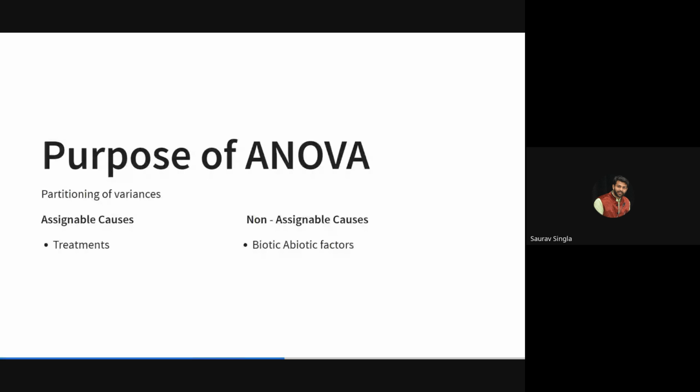So now what is the thing? There is a total variation. Total variation means whatever the variability is available in your data, the total variability available in your data. Okay. So when you are considering the total variability, the total variability has all the components, that is the component due to